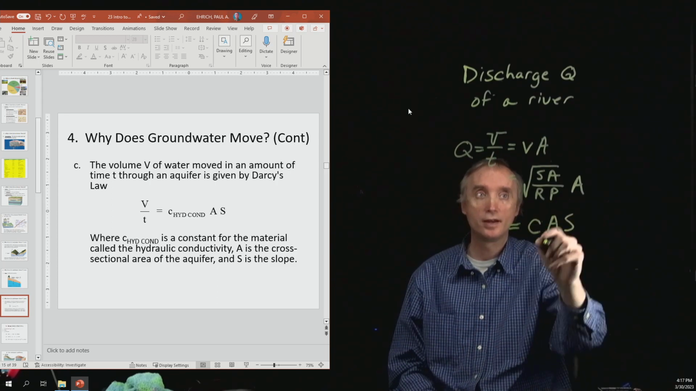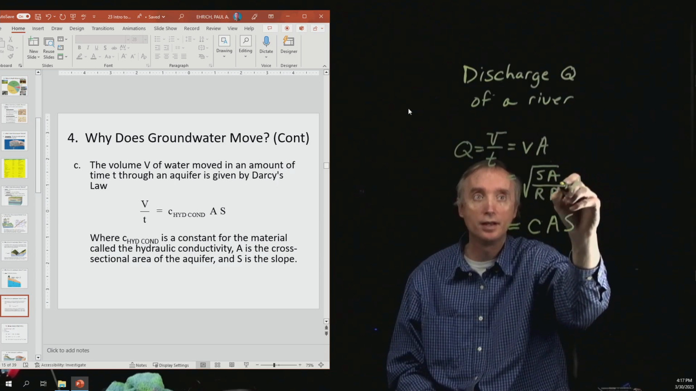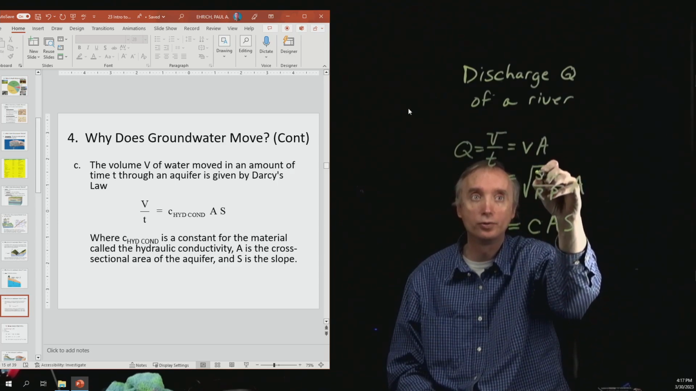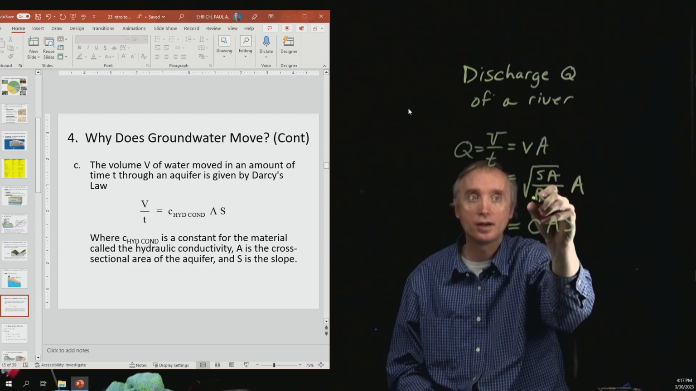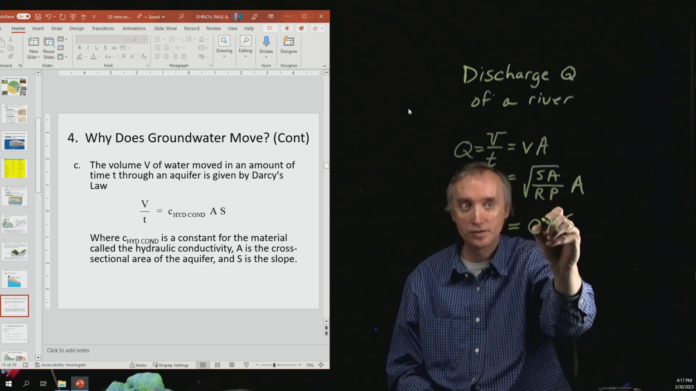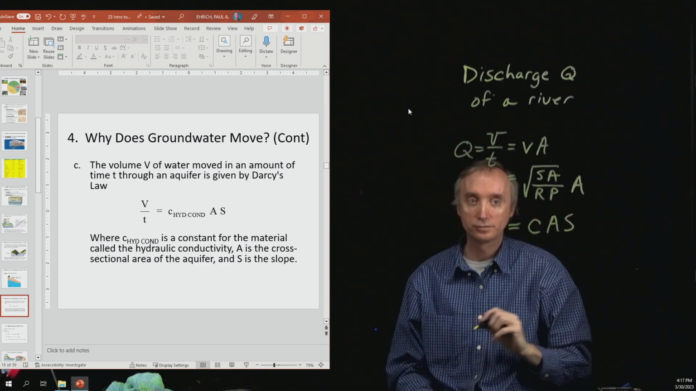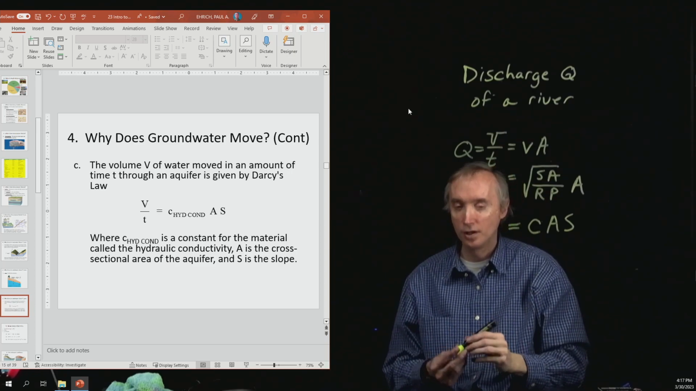So notice that this formula up here also depended on the area, it also depended on the slope, and then it also depended on characteristics of the river channel. Well, this depends on characteristics of the rocks that it's flowing through. All right, so I'm not going to have you do any